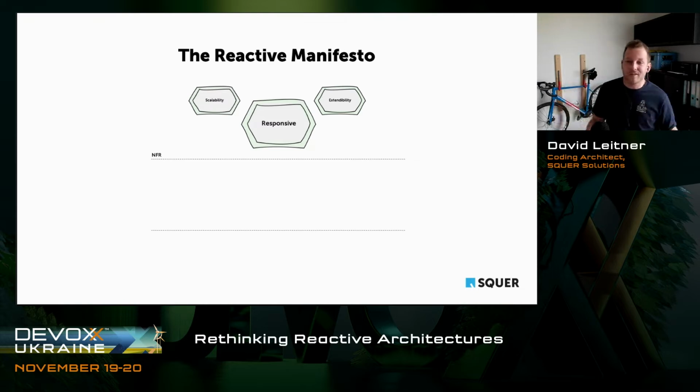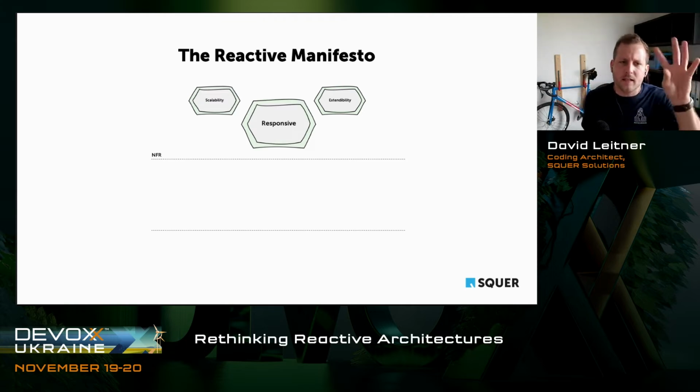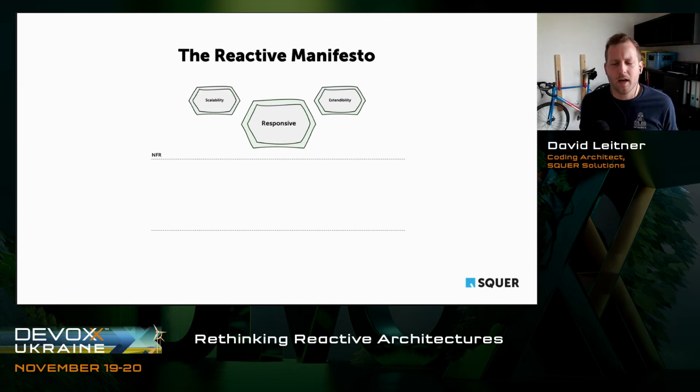If you don't want to have this at all and you say, hey, I just build a small application for 50 MB, then obviously going into a full-fledged reactive architecture will maybe not be a good fit. But if the non-functional requirement is building a super responsive and highly scalable system, then the reactive manifesto is usually a quite interesting thing to look at, right? And that's the first thing of this diagram I showed you before. So if you want to have those non-functional requirements, maybe consider reactive architectures.